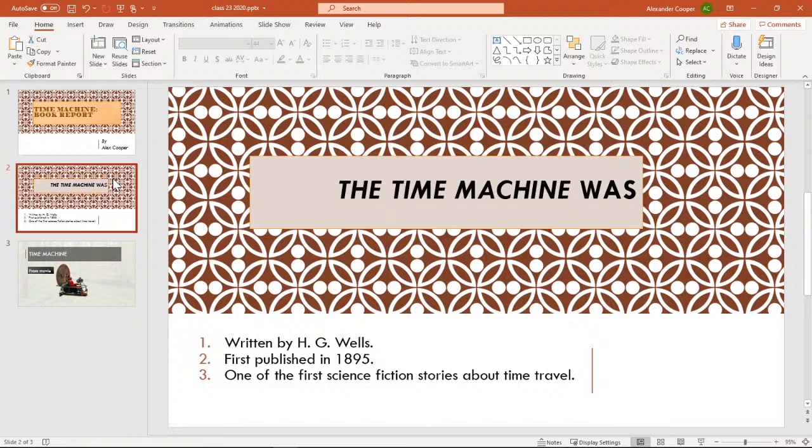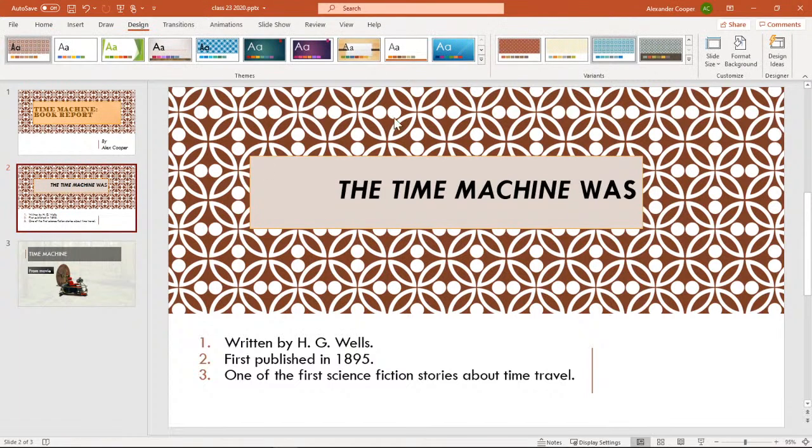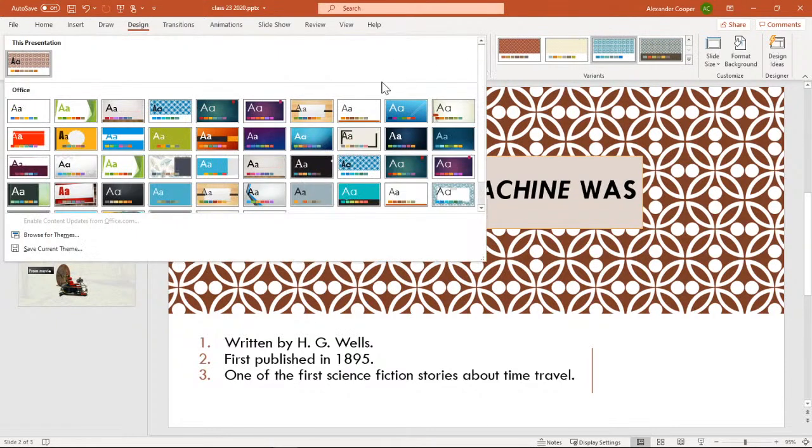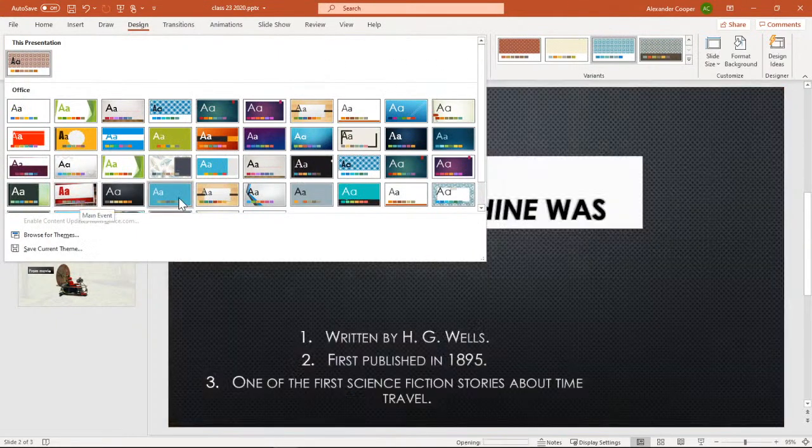Okay, so just realize that when you make a design choice, you can have a lot of variants over here, and I haven't actually had to go search the internet for hours to find something that was a little bit different. Okay.